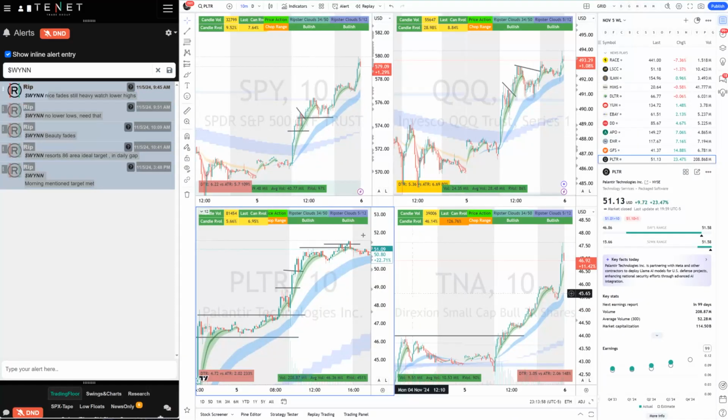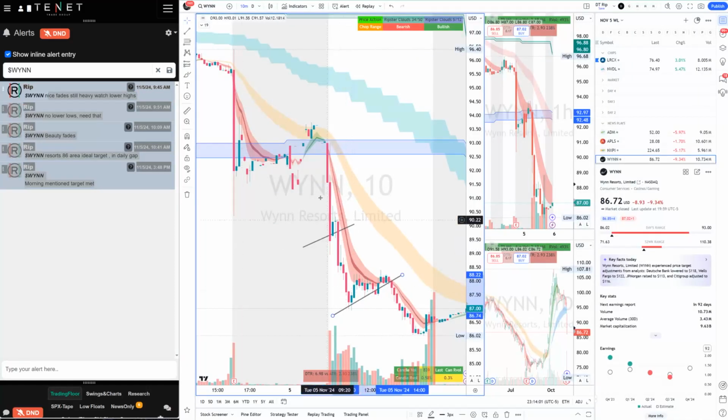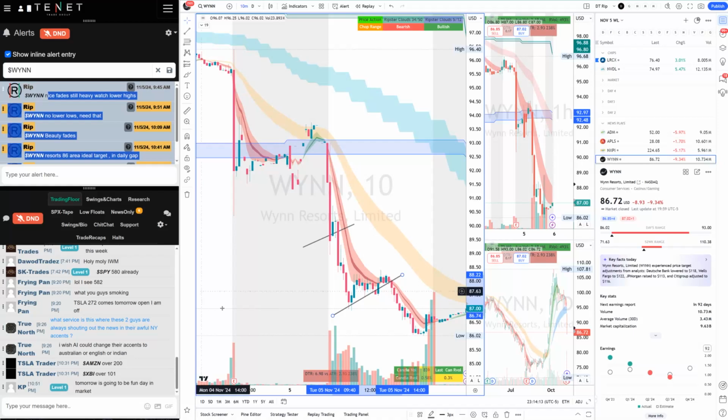Even if you risked on WIN, let's say you risked $100, you made $400. If you risked $1,000, you made $4,000. That's how the risk-reward works on these trades. Either it's a long setup or a short setup, doesn't really matter. I showed you the long setups, and I'm showing you the short setup. Our system tells us whether we're going to be short, bearish, or long. So anyways, another successful trade. Let's go to the next one.